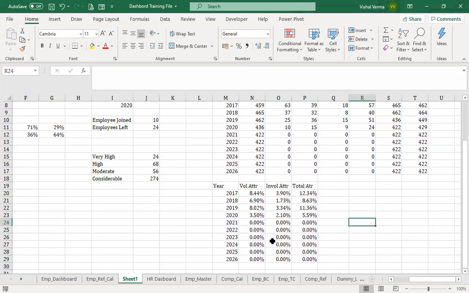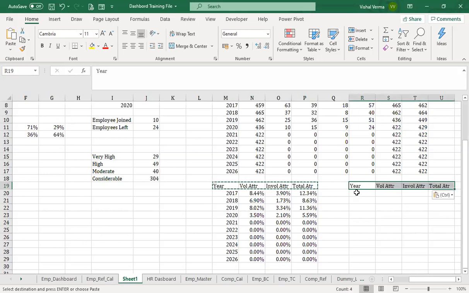Now what happens if we prepare a chart here? It will show all this data, but we do not need these years to be displayed. So we will be preparing another year column. We can just copy these headings, because if it displays all years, it shows that we have created data till 2026.